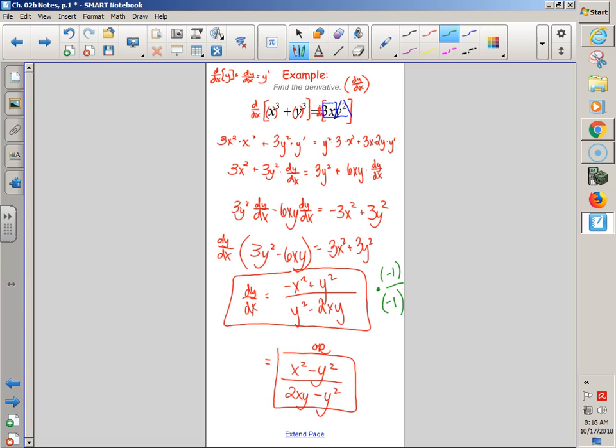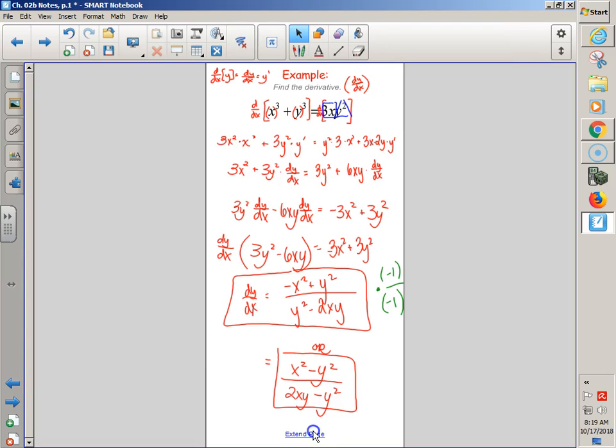Why could they have done that? The AP doesn't usually like leading with a negative if they can help it. So it's one of those random things. Sometimes all the signs get flipped, but they still would be equivalent. So this might be your answer, and that might be the one that makes it match. Anyway,